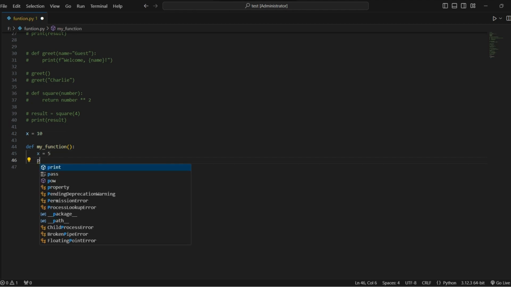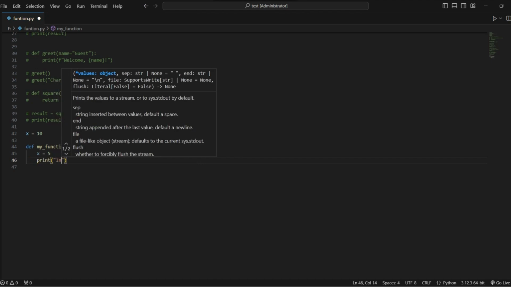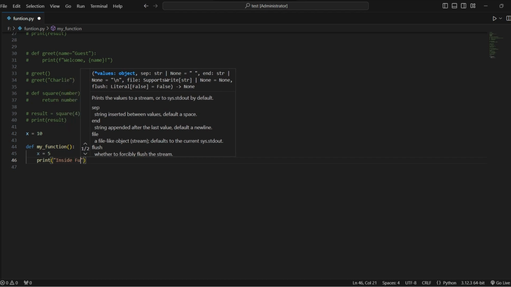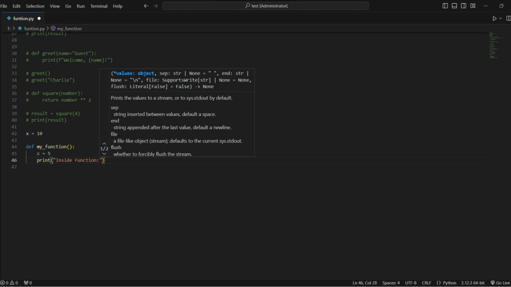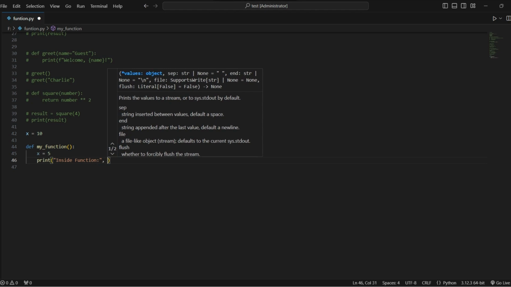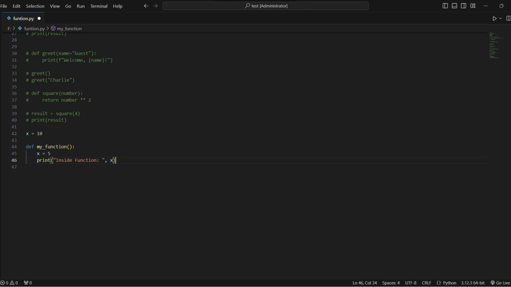And when we print, use a print function, we are going to say inside function x. And now let's print this. We're going to say my function,